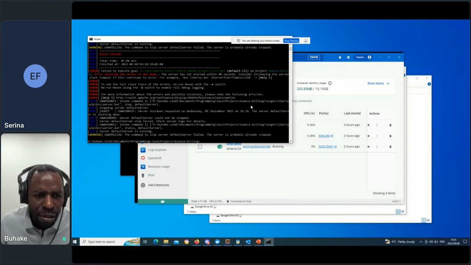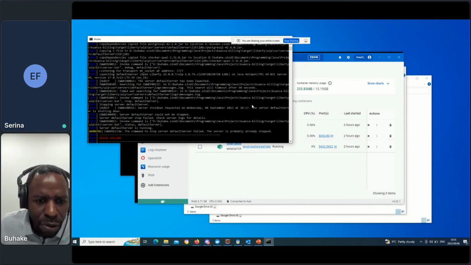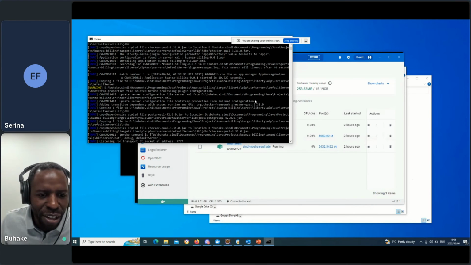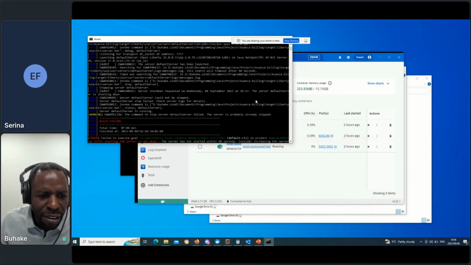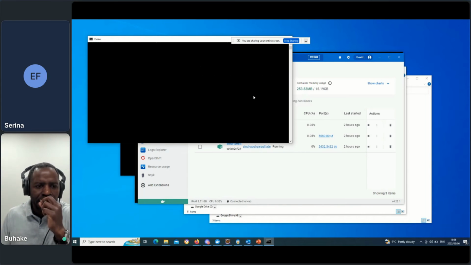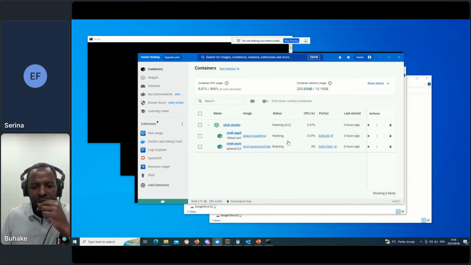So, what is this? Okay, for some reason, it always happens. I just started Windows, and it looks like my server hasn't started yet. I thought by now I should have my server running. My database is on, it's a Docker container.